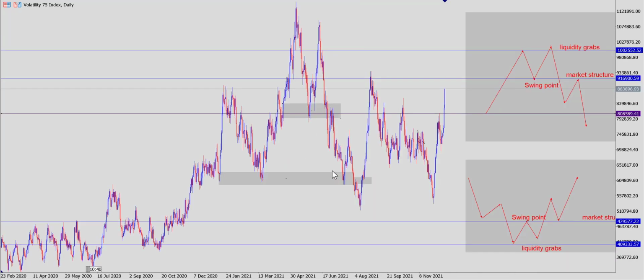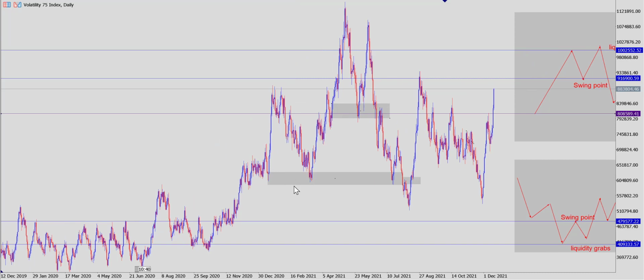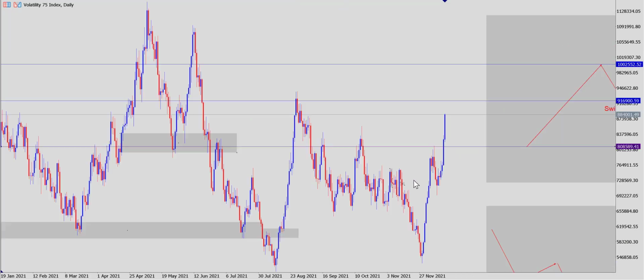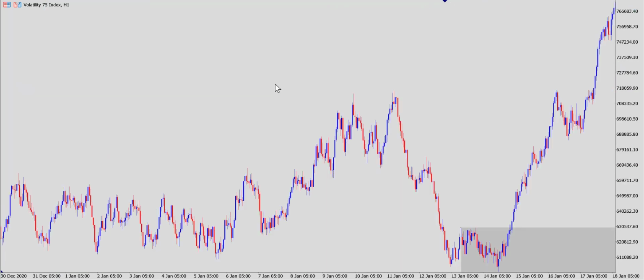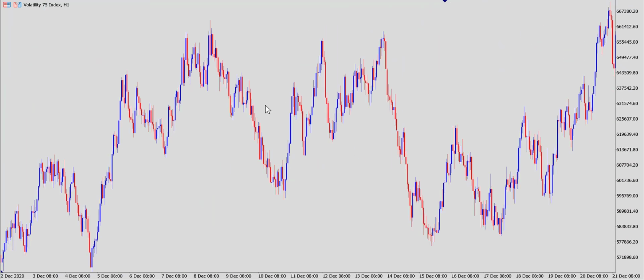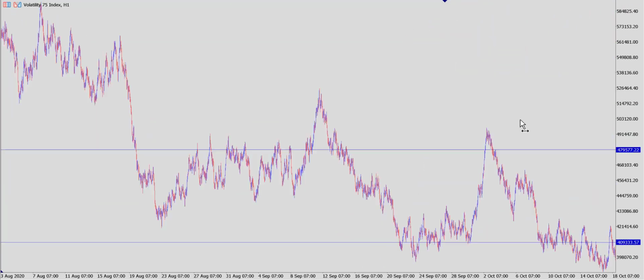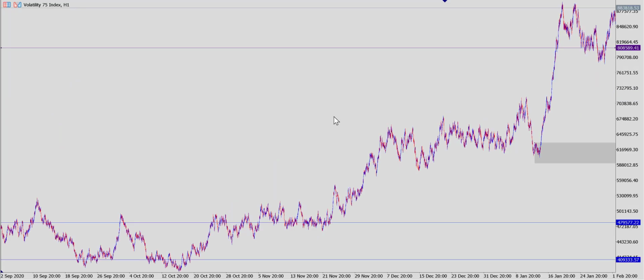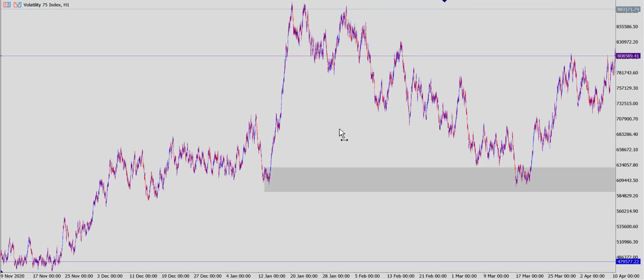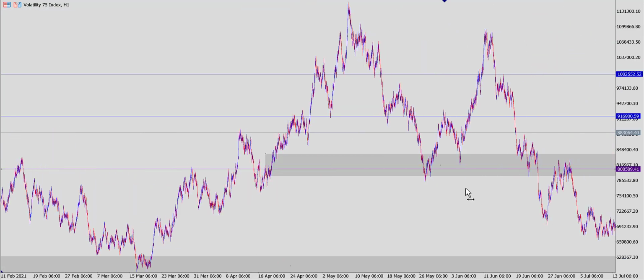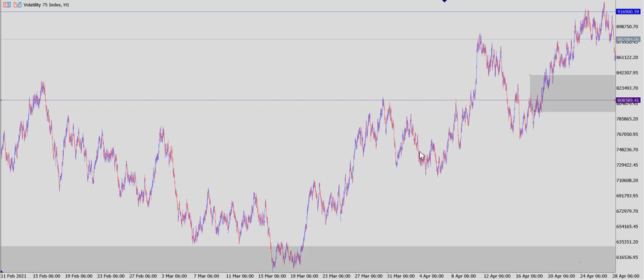Oh yes, where you had this low, and this low being taken out like that. It is the same thing that we are witnessing on H1. That simply means that these things happen a lot. They recur. They occur more often than not. You can take advantage of these breaker blocks and mitigation blocks. You can also take advantage of them to just improve your trades, to just better your trades,